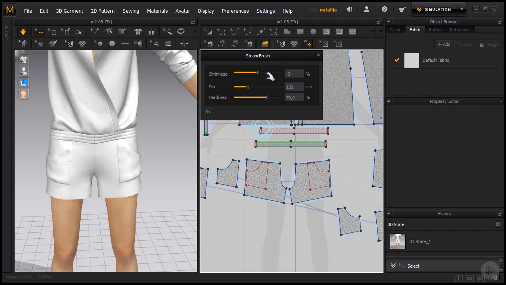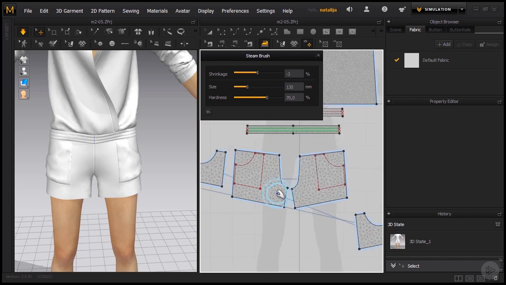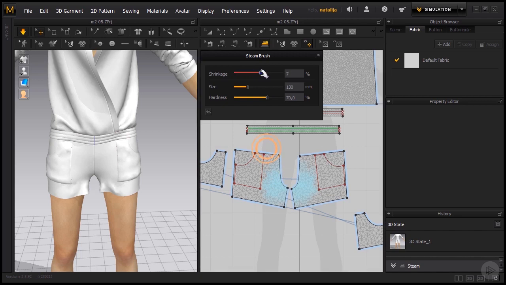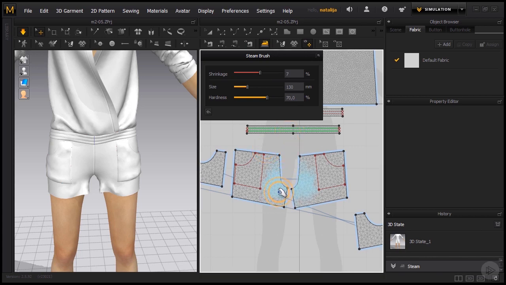So if I set the shrinkage to default by -3, and as you can see, the radius is colored in blue. And if I click on the pattern right here, you can see that it's getting tighter and tighter, and it's pulling apart the fabric more and more. And if I want to go the other way around, I need to push this shrinkage to be above 0. So let's go to 7. And as you can see, the circles around the Steam brush are now in red. And once I apply this, you can see that I'm basically eliminating the effect that I had before with the red color. And I'm able to apply the wrinkles